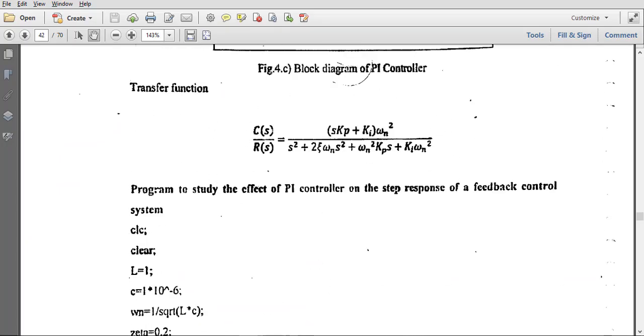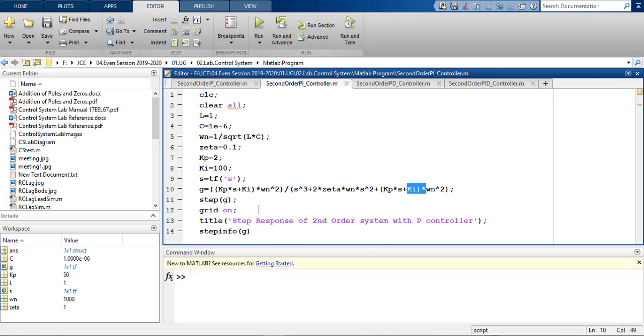The rest of the MATLAB code remains the same. So we'll run the experiment. We'll wait for the figure to arrive.